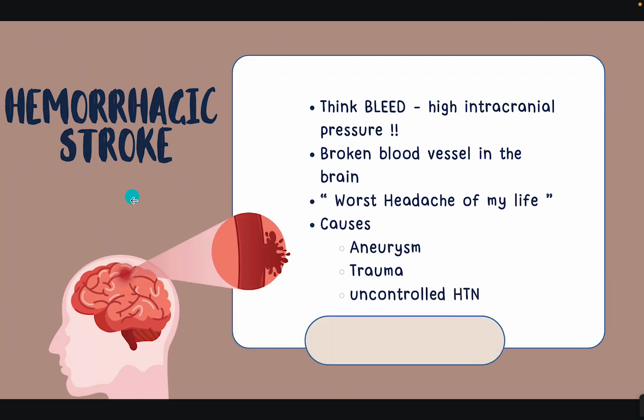And then the third one that I wanted to talk about is the hemorrhagic stroke. So this is your bleeder. This is the one that you need to control because the patient is bleeding for sure from somewhere. So this could be caused by an aneurysm, trauma, uncontrolled high blood pressure, and the patient will come to the